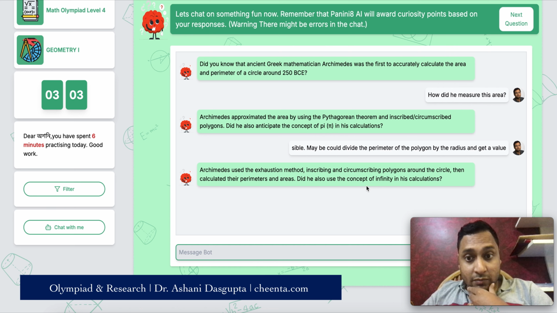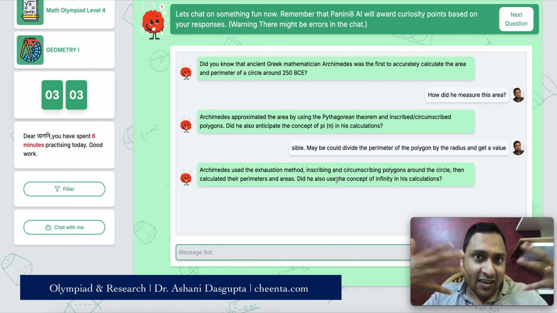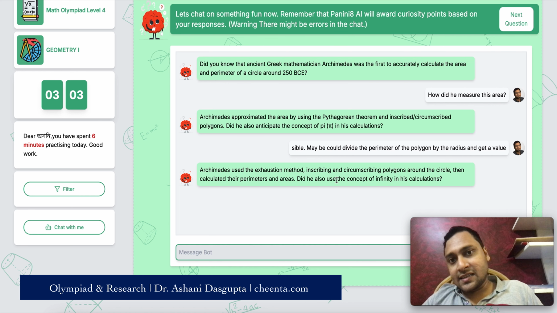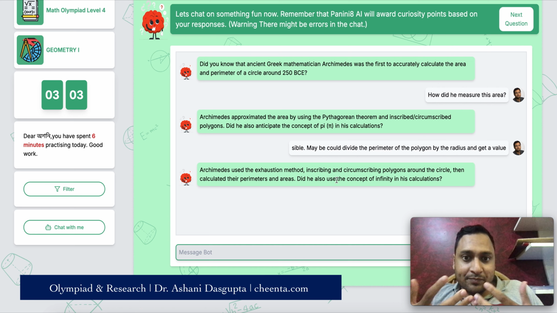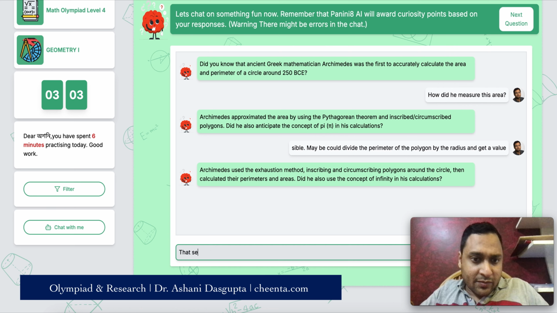Use the exhaustion method, I see. So inscribing and circumscribing, then calculated the area. Did he also use the concept of... So you see the bot is asking me questions as well on the basis of my responses, and it's trying to get some response from myself. So it's, that seems possible